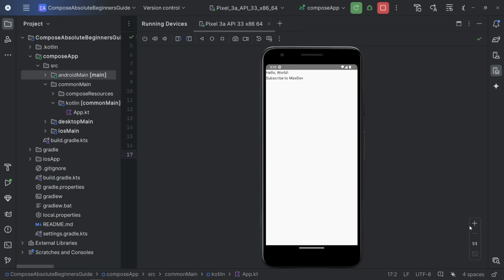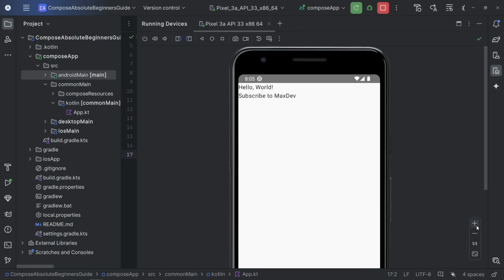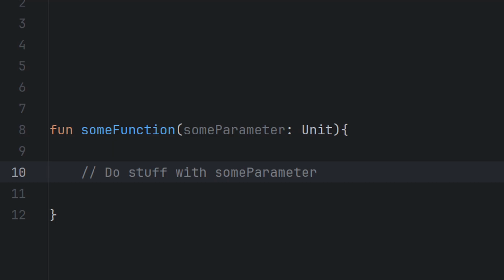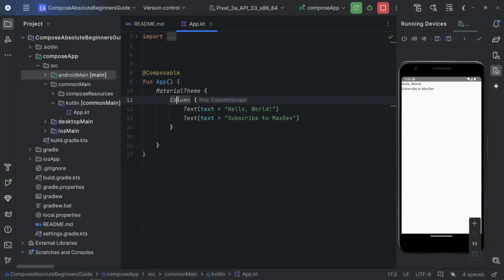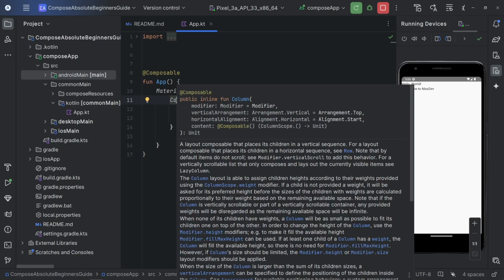However, our text is still all crammed up into the corner here, so let's figure out how to deal with that. This is where parameters come in. As I mentioned, composables are just functions, and most functions accept some sort of input as a parameter, right? Well, composables are no different. Let's hover over where it says column and take a look at its parameters. We can see that it accepts a modifier, some arrangement and alignment values, and it also accepts a composable function